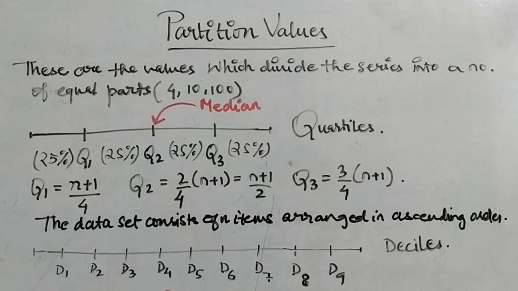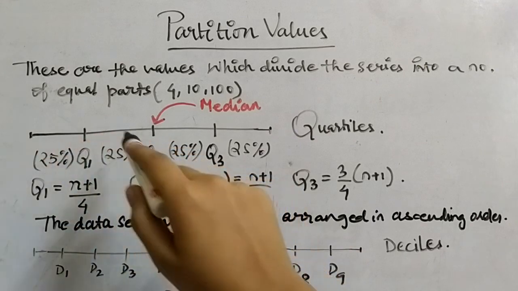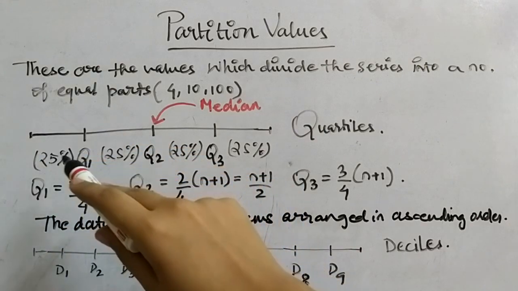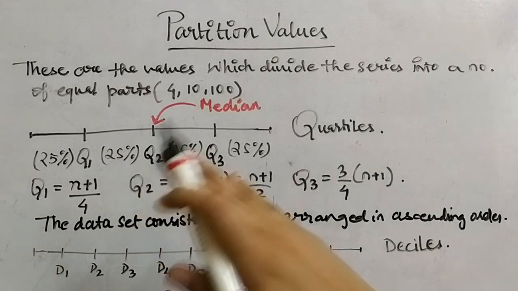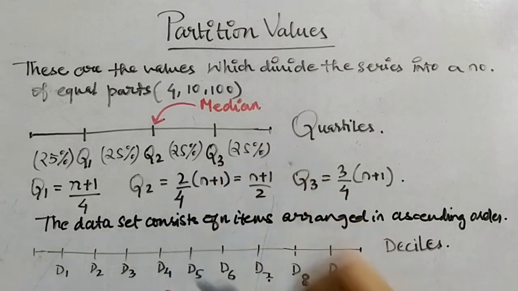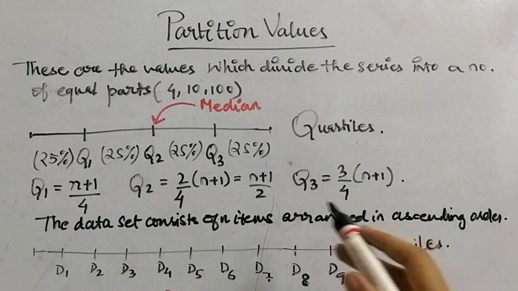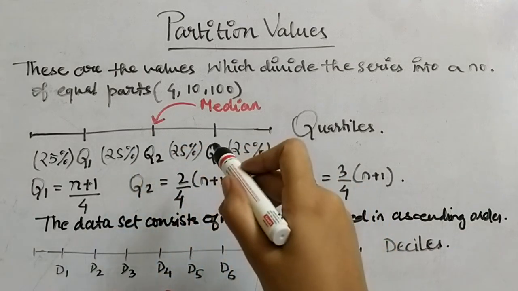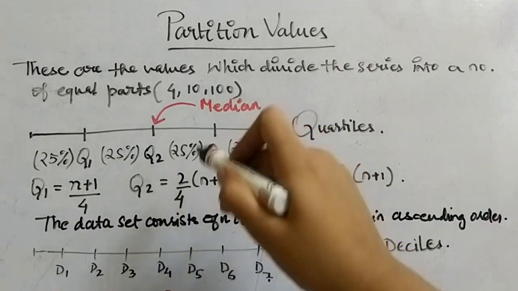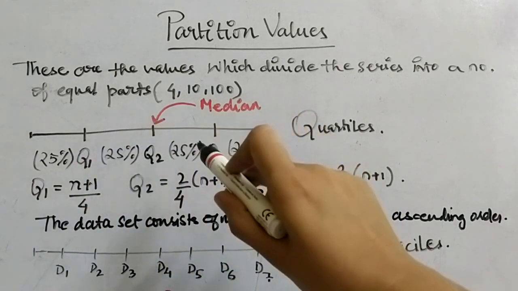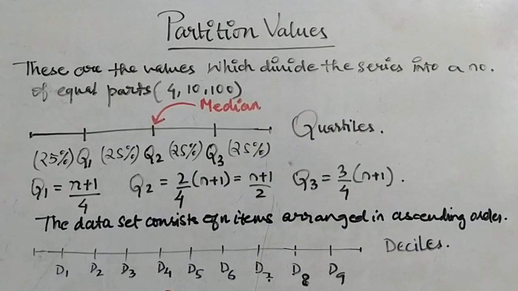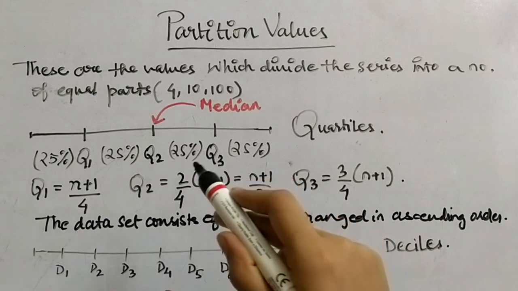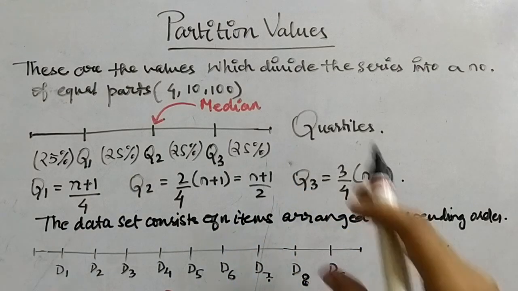Okay? So here what you can say, quarter number 1, this is one part divided by the total parts, which is 1 by 4. In quarter number 2, these are the two parts that lie below quarter number 2 divided by the total number of segments that you have divided, which is 2 by 4. In case of quarter number 3, you have divided the whole segment into 4 parts, right? And the total number of segments that lie below quarter number 3 is 3 by the total number of divisions 4. Okay? Here n are the items, the total number of items that consist the data set.